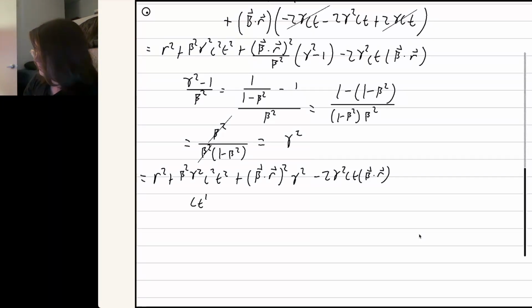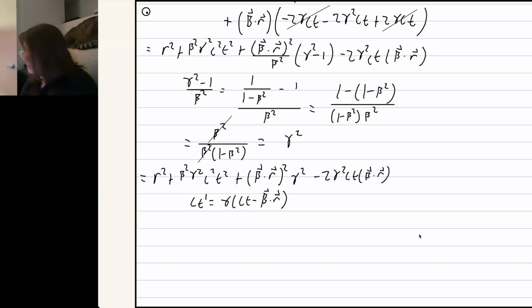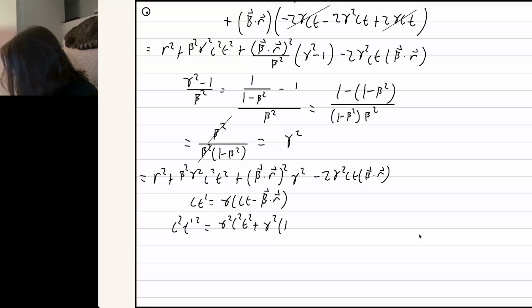So ct prime equals gamma (ct minus beta dot r). We're going to square this term as well, and we're going to see something that's kind of nice. c squared t prime squared is equal to gamma squared c squared t squared plus gamma squared beta dot r squared